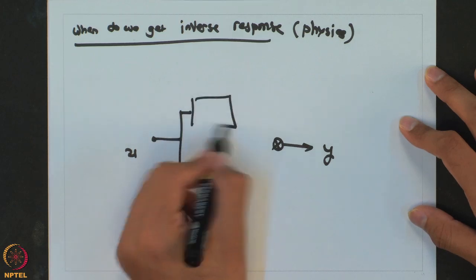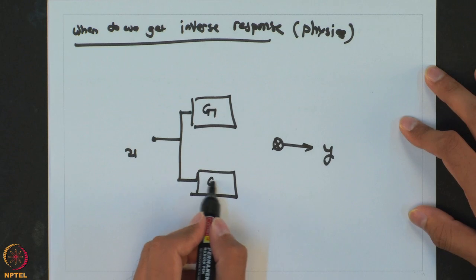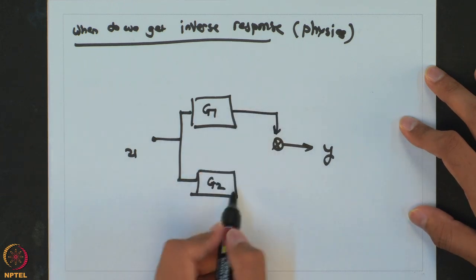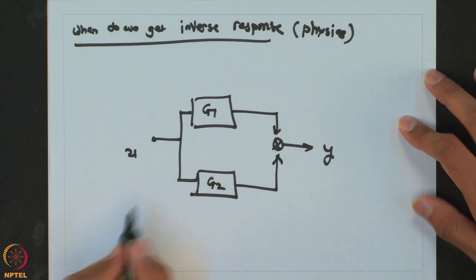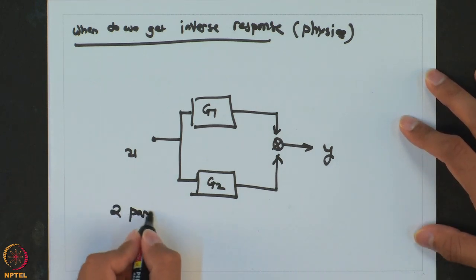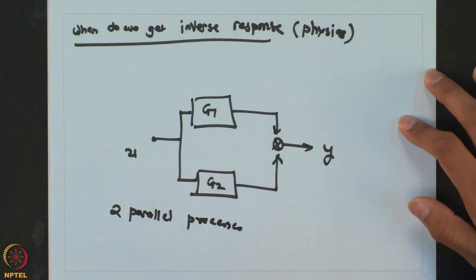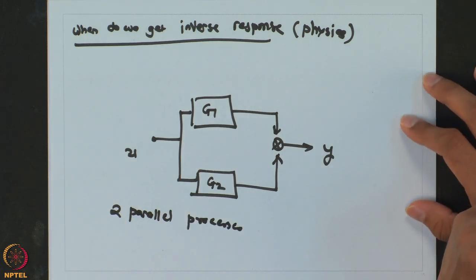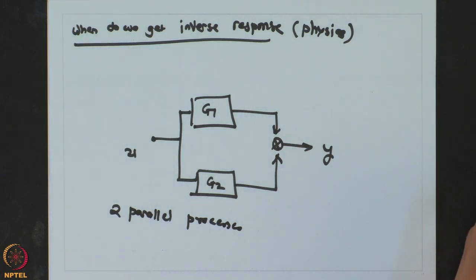So, there are two parallel processes which take place, and the net output is the combination of the two. So, there are two parallel processes which are taking place, and as it turns out they have to follow certain rules, then only you will